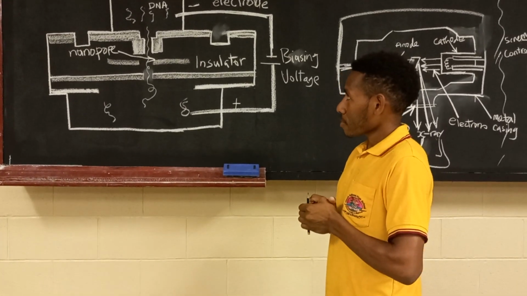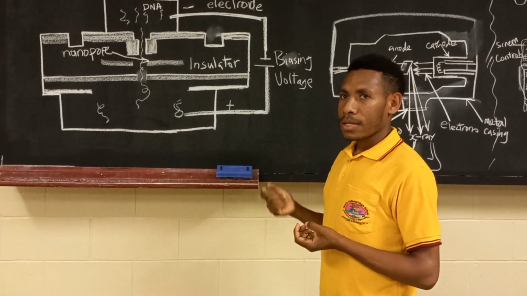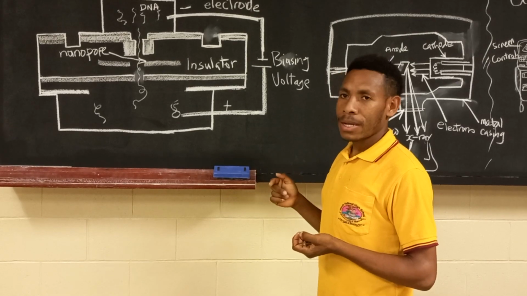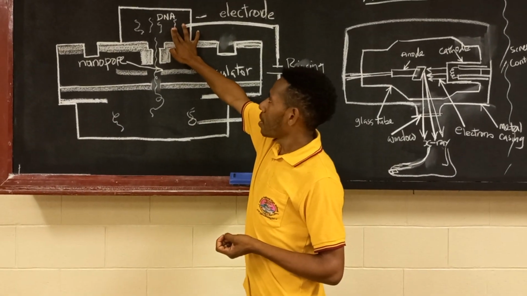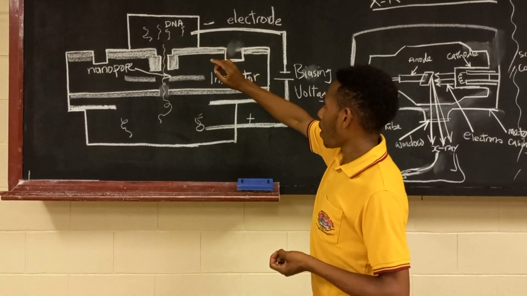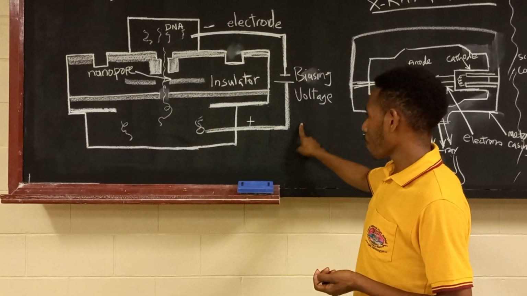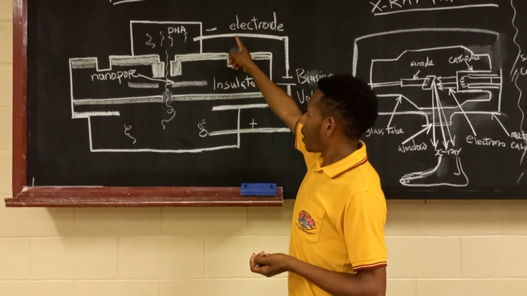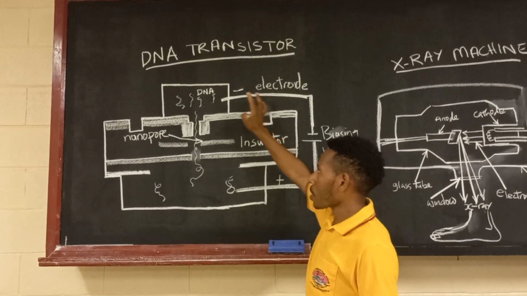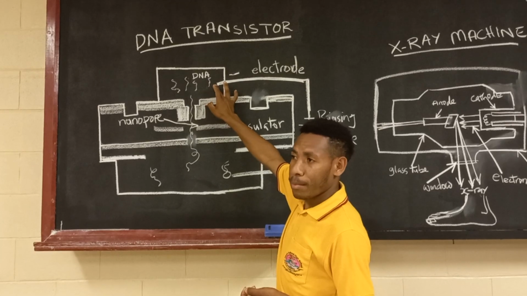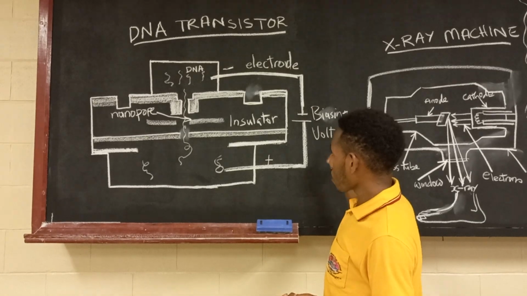Firstly, when a scientist or a doctor wants to sequence the DNA of a person, he or she needs to put a sample of DNA here, and then they will switch on the circuit, and the electric current will flow through this circuit. This electrode here is a negative terminal, and it is connected to where the DNA sample is residing. As the electric charge is flowing through this circuit,